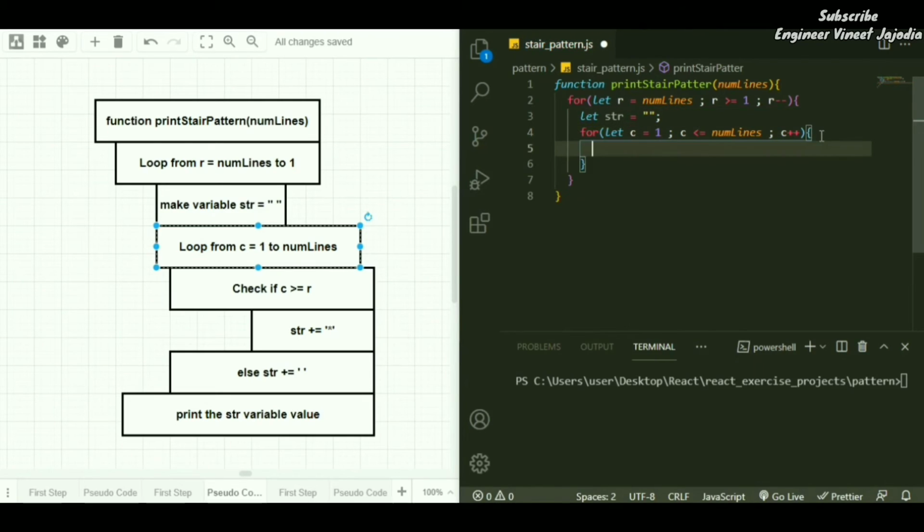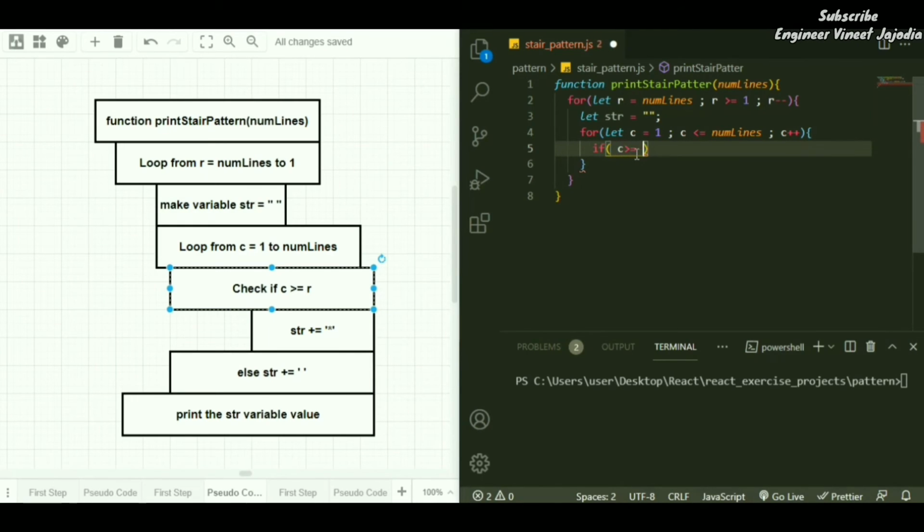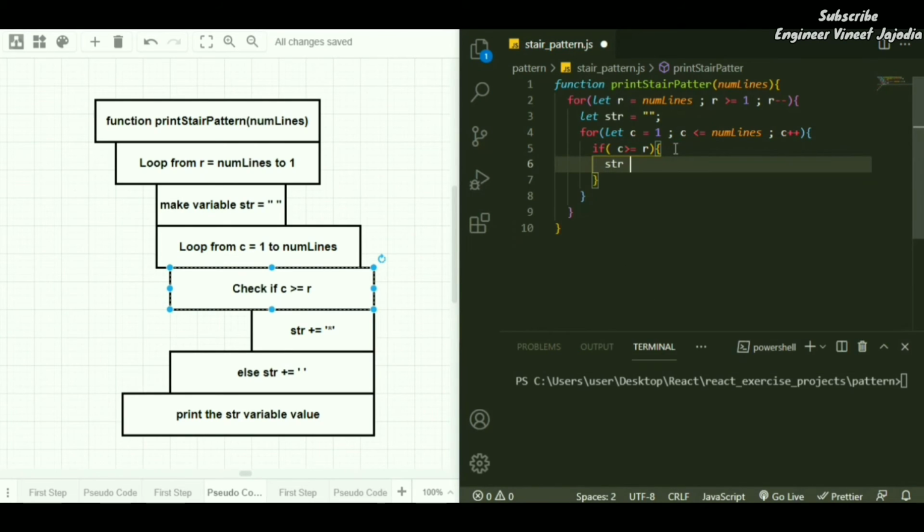Once we have done this loop, we are going to check if the value of c is greater than or equal to r, then we are going to append the string variable with the asterisk. If it is not, then we are going to append the value of string with an empty string. So check if c is greater than or equal to r, concatenate the string value with asterisk.